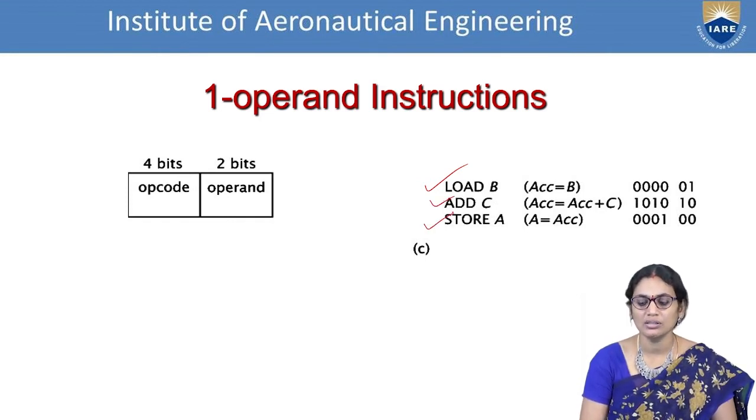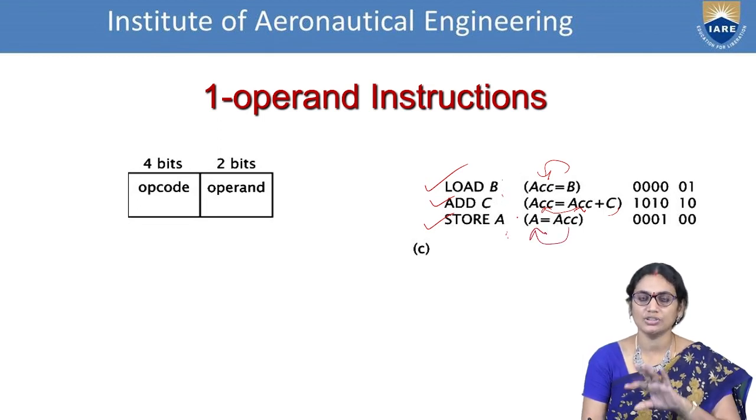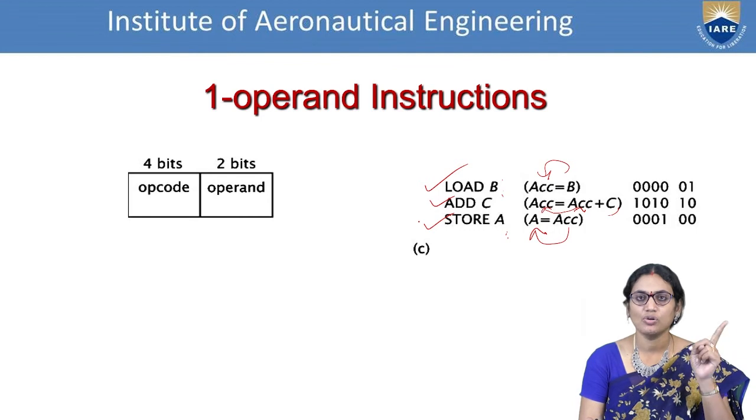So what happens here? Initially B is loaded into the accumulator, which is a temporary register to handle the operation. Next the accumulator is appended with C and it has been loaded into the accumulator. Now the accumulator value has been loaded to A. So we are using only 1 data operand, but it is using the temporary register, the accumulator. Now here what happened? In the first case we had only a single line instruction. In the second case we got 2 instructions. Now we got 3 instructions.